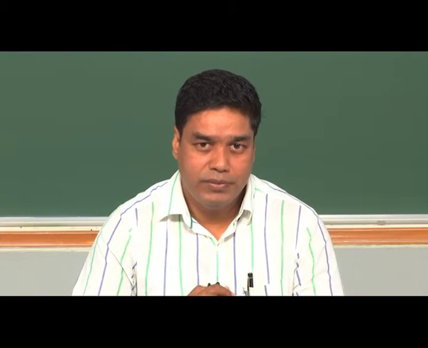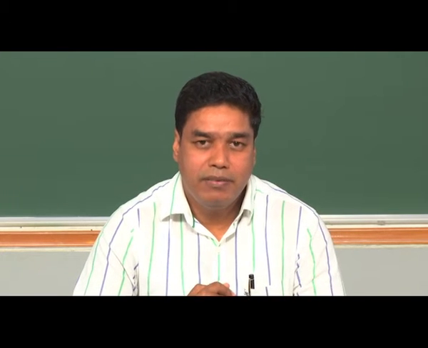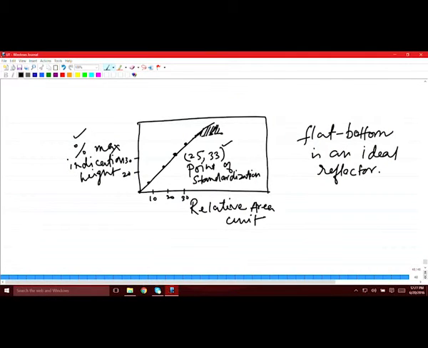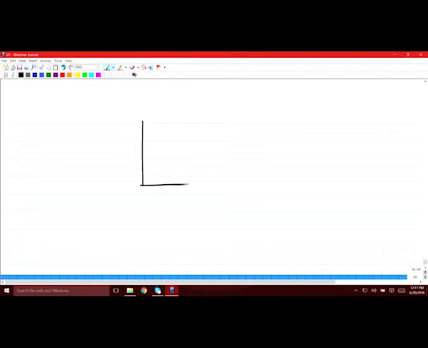But another advantage is that you would be able to get some idea about the depth or location of the defect if your instrument is properly calibrated. Because of this time base that you have in the display,